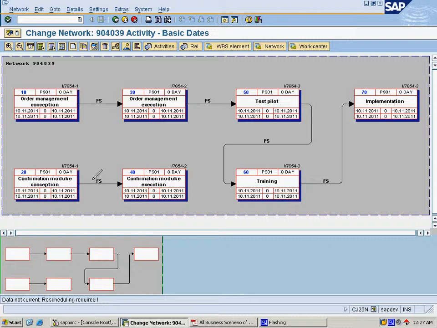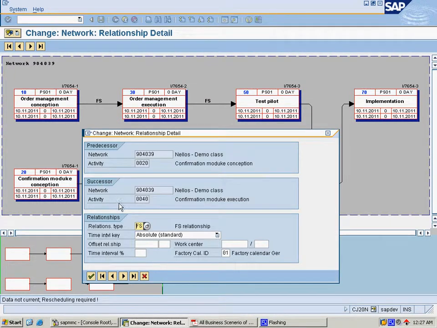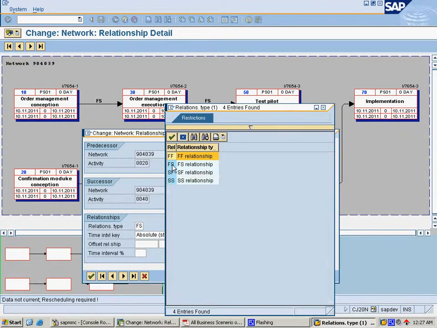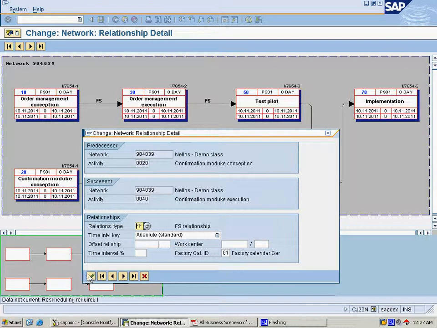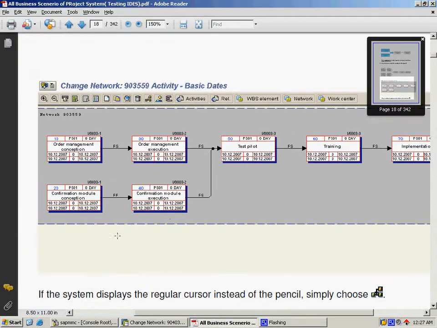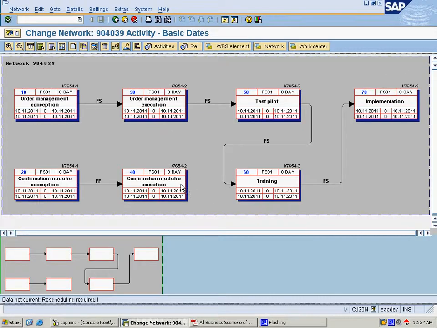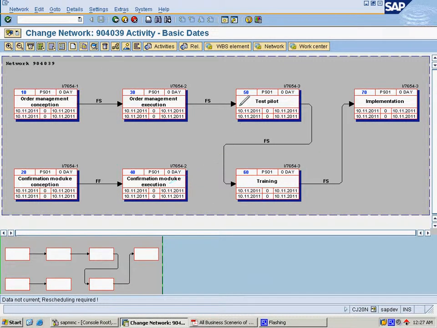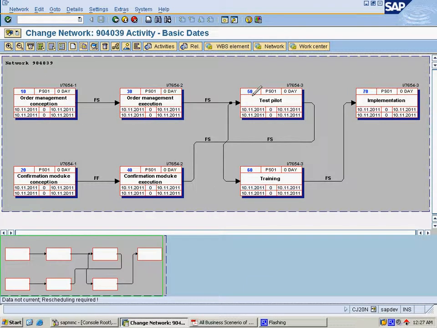Here it came as FS by default, so we can change it by double clicking on it. You can choose FF as the relationship and press continue. The last one, 40 to 50, is an FS relationship.